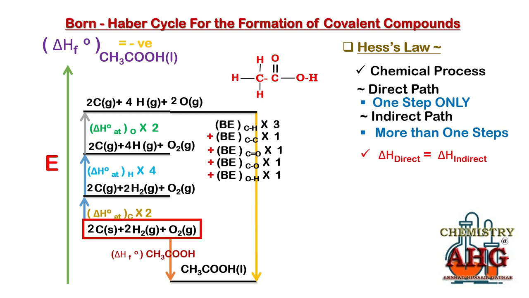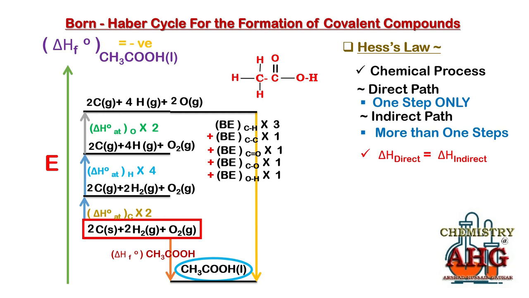And what is the final stage? Ethanoic acid is the final stage, where you can see two arrows pointing their heads. So first of all, you must identify the initial and final stage, and then the single arrow, which represents the direct path, and its enthalpy change will be the enthalpy change of the direct path. So always remember, for the formation of covalent compounds, the enthalpy change of formation is the resultant vector, the resultant arrow, and it is equal to the enthalpy change of all other steps involved in the Born-Haber cycle.